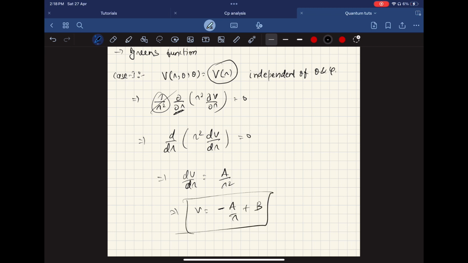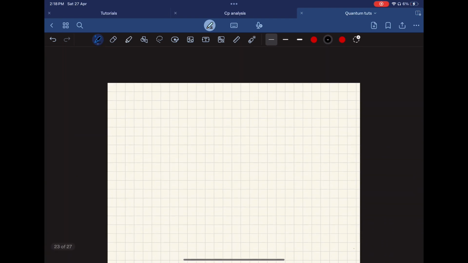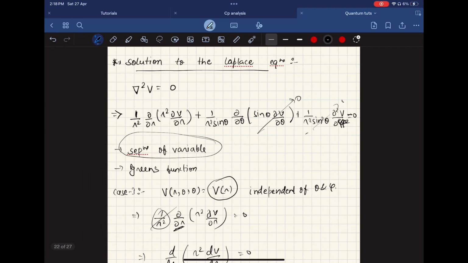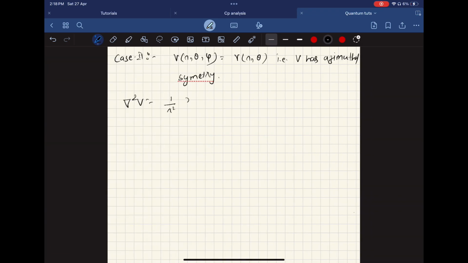Okay, now let's move to the second part. In the second part, we assume that V is a function of r and theta. We are going to assume V has azimuthal symmetry. So in this, only this term is 0. We have both of these terms. So we have 1 over r square del over del r into r square del V by del r plus